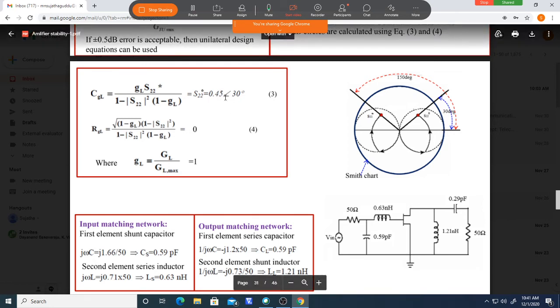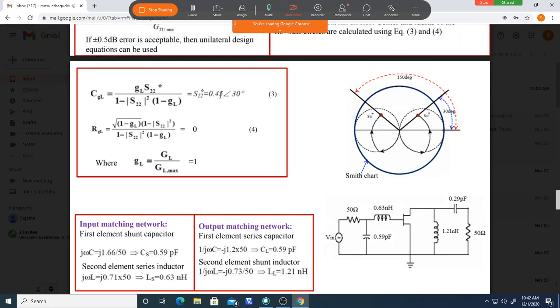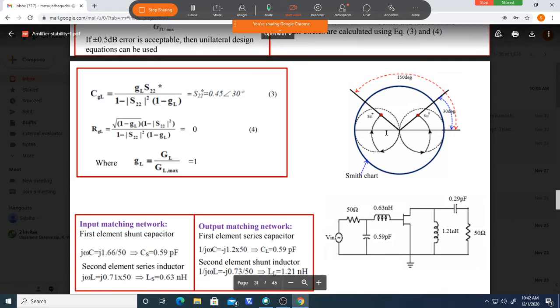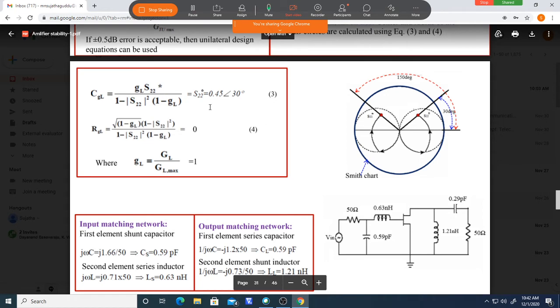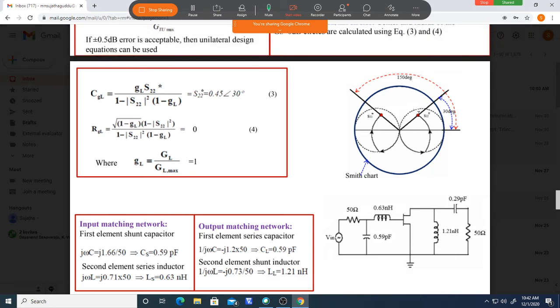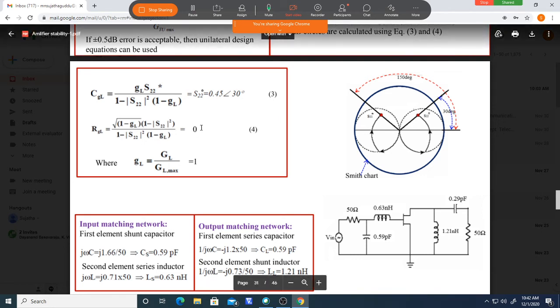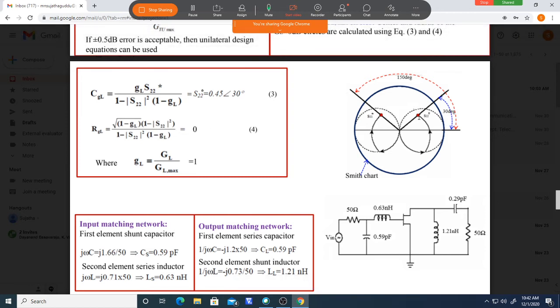Okay, and you take 0.45. 0.45 multiplied by 6, assuming it is 6 centimeters from here to here. 0.45 multiplied by 6, you calculate, and you will get this point. Those many centimeters you should mark on this line. Over the 30 degree line, you mark those many centimeters, and you will get this point. As the radius is 0, this is only the point.